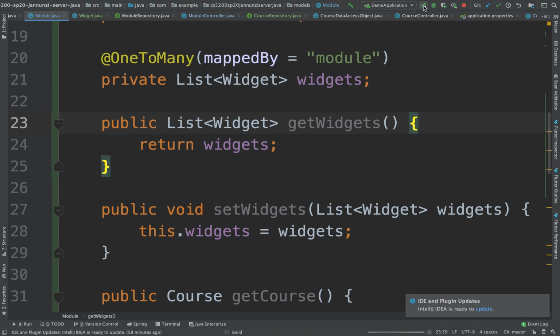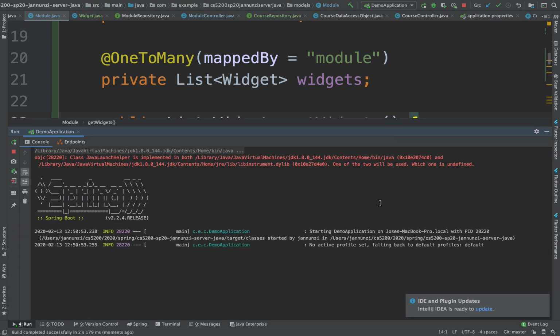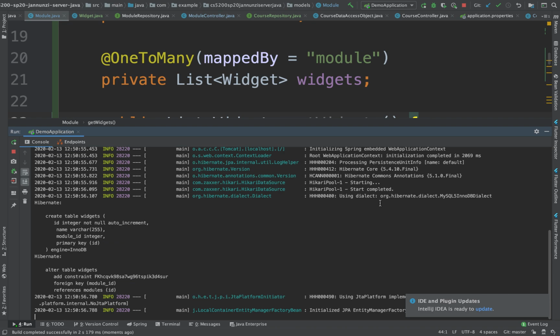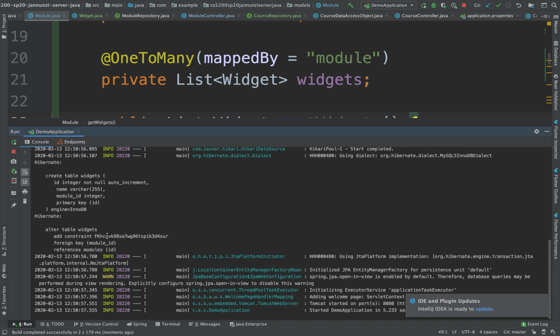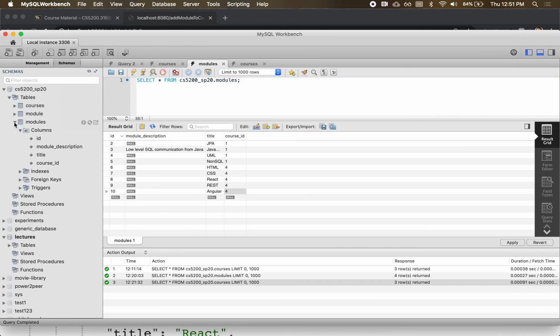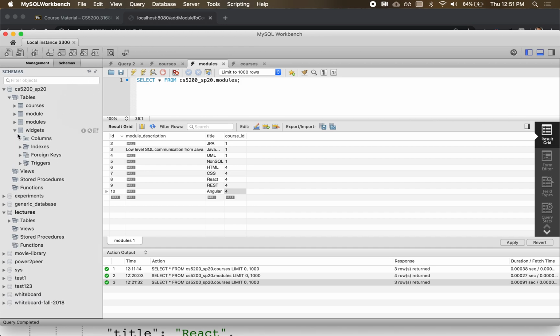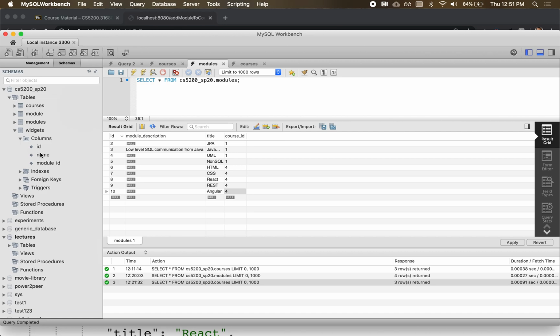Let's run this and see what we have. So this should create a brand new table called widget. There it is, right? And establish a foreign key, called module ID, that references the module's primary key ID. Yeah. So if we go back and we refresh, right, we should have a new widgets table that has the primary key, the field, and then the foreign key that goes back to the parent. Everybody okay? That's great. Excellent. So what about